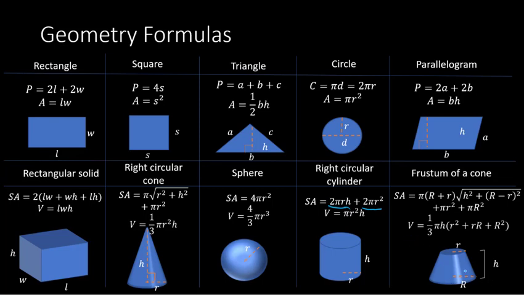Now with formulas, whether it be geometry or maybe physics or some other context in which you're using it, many times you need to solve for a different unknown. All of these are solved for perimeter and area, or surface area and volume. There may be times though where you want to solve for something different. So for example,